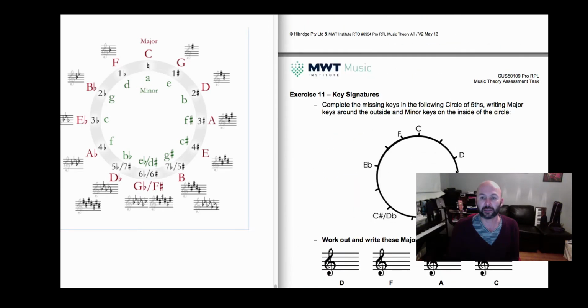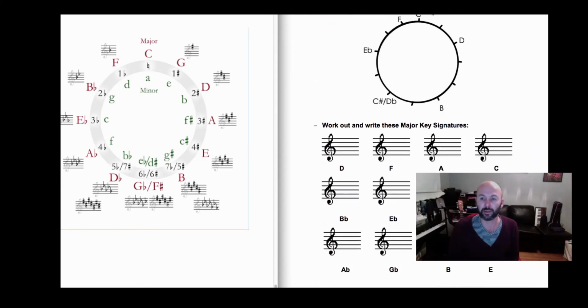Here in exercise 11, the second part of it, after you've completed the circle of fifths, and as I said, just basically copy out what's in your supplementary materials. Now here you're asked to write in key signatures. I just want to talk a little bit about key signatures first and then show you how to go